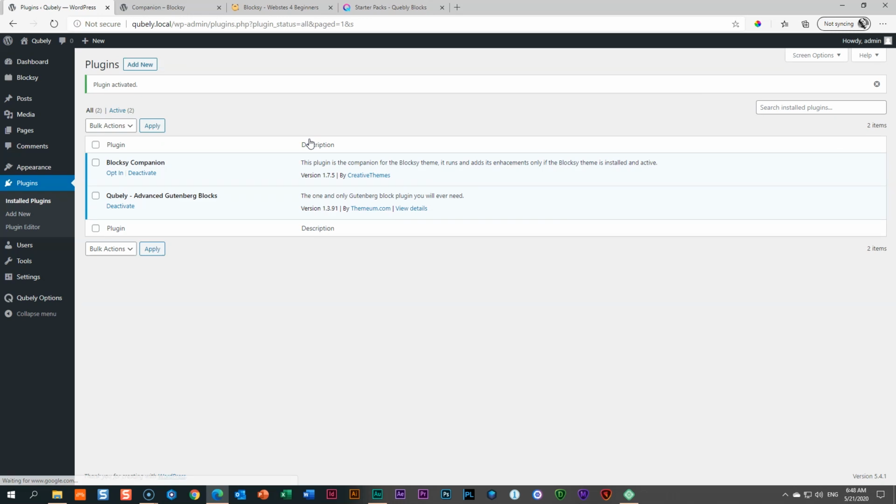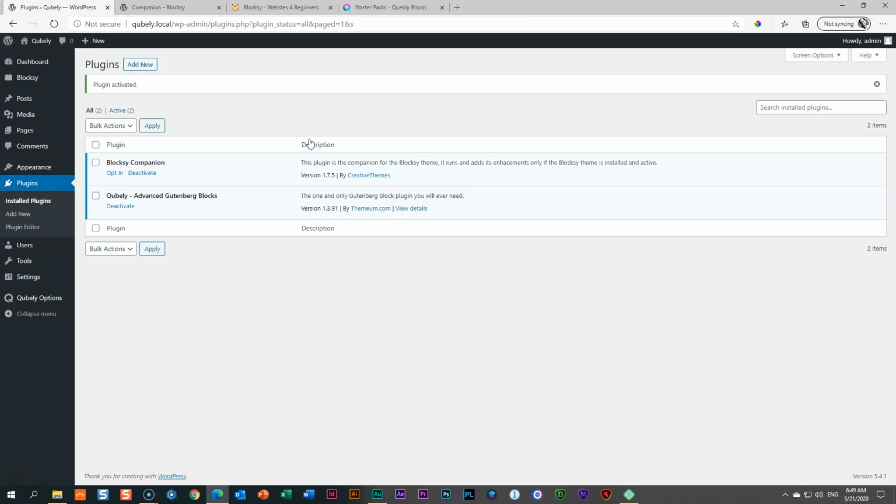Now we can let the magic begin. You would think that bringing in a starter pack would just be click and drop, right? It doesn't always work that easily. It usually works very well if the starter site and the theme are connected. In this case, we are bringing in 2 third parties basically to WordPress. We're bringing in Blocksy on the one hand, and then we bring in Qubely on the other hand. So there are a few tweaks that you will need to make when you want these two to play nicely